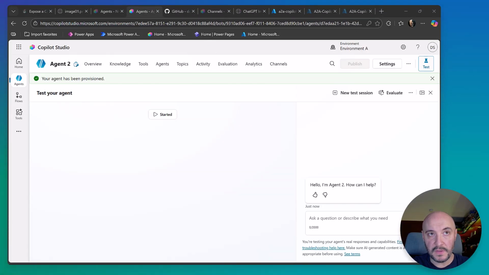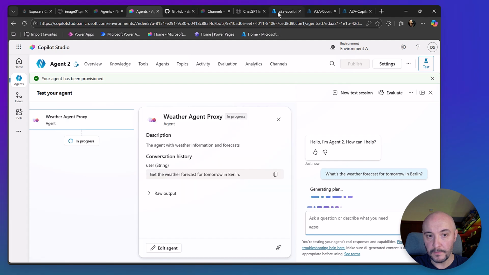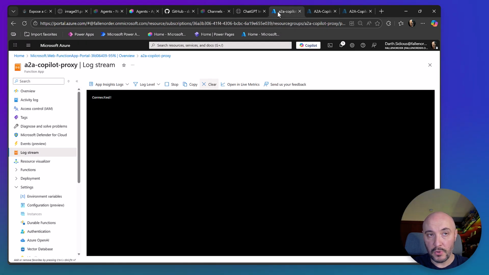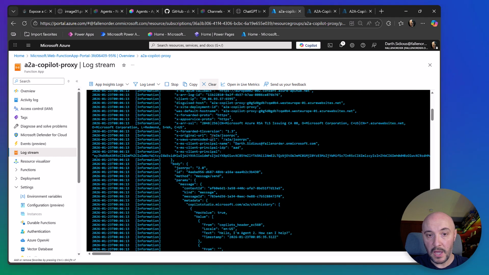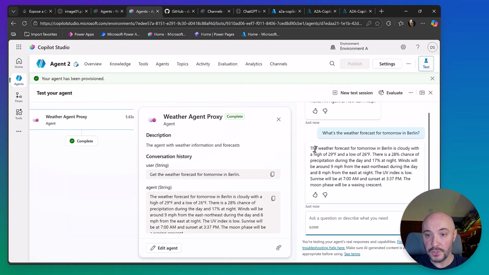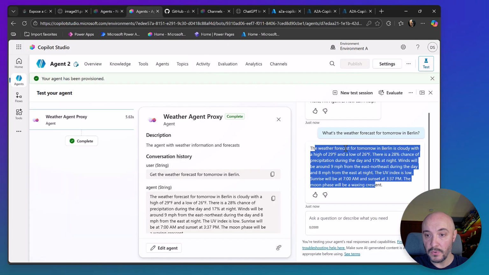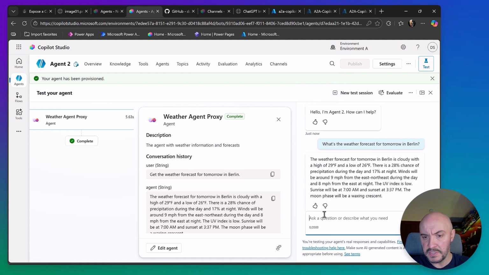Now we test everything end to end. We run the agent and ask, what's the weather forecast for tomorrow in Berlin? The request flows. Call an agent, we see these Azure Functions. Azure Functions will give everything to the weather agent and then back again. So eventually we get the forecast for tomorrow in Berlin. And we can also preserve all the context. We simply say, and for today,